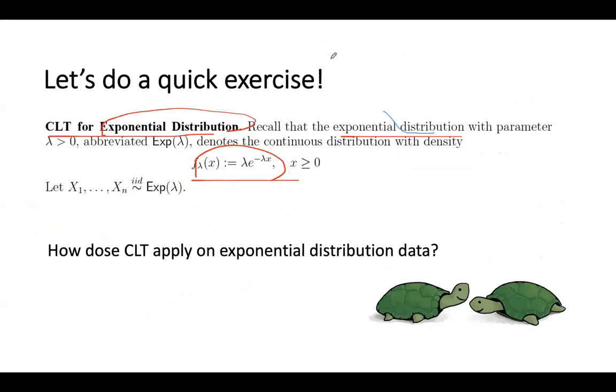Okay, so let's do a quick exercise, and I will send out the breakout Zoom rooms. To calculate the mean and the variance for an exponential distribution is not very easy, right? So you can think about the definition of how you calculate the expectation and the variance, and then you apply the CLT and you will get the results. This is the basic idea. Okay, so I will send you to the breakout rooms.